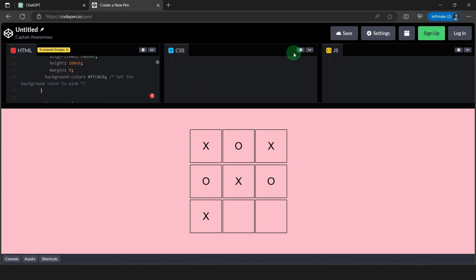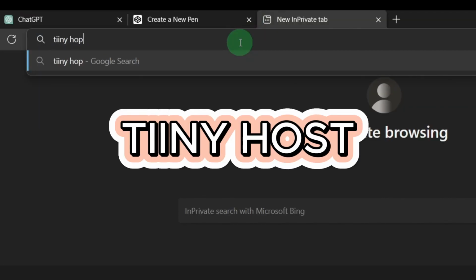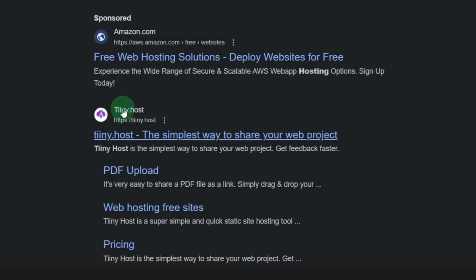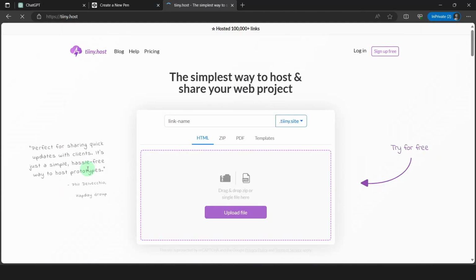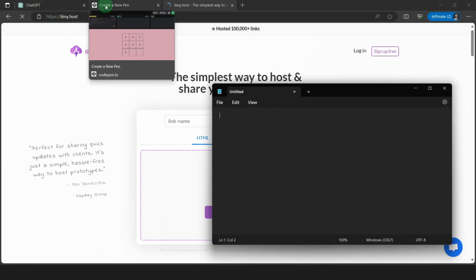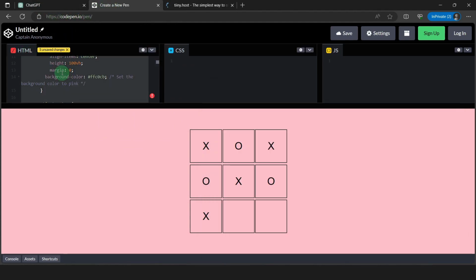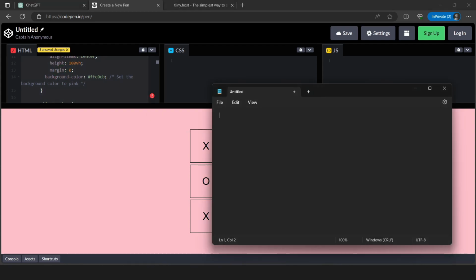So the next thing I want to do is make the game available online so that other people can try the game online. The first thing I'm going to do is go to this website called TinyHost. So I'm going to click that website, and as you can see, TinyHost requires a zip file, which I'm going to upload. So what I'm going to do is open my notepad, and then I will go back to CodePen. And then here in CodePen, I will copy the HTML code